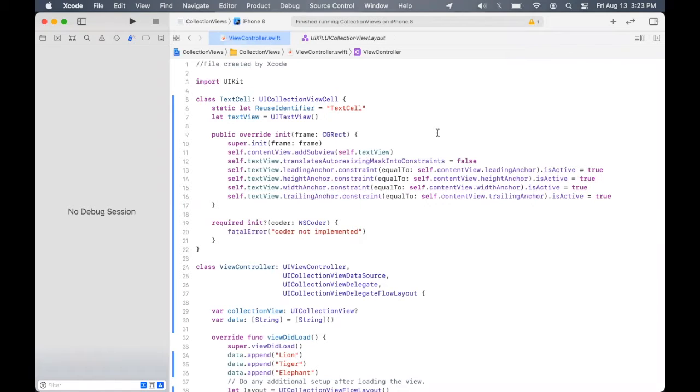Today we will look at how to create a collection view. For that, we will display a few animal names in the collection view. So the first step would be to create a collection view cell. So we create a text cell